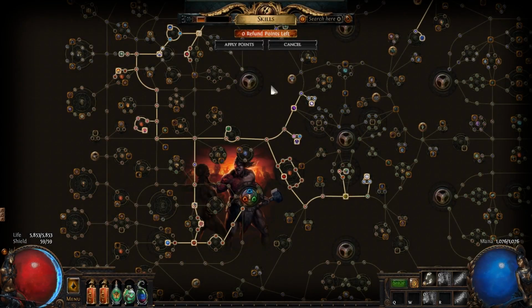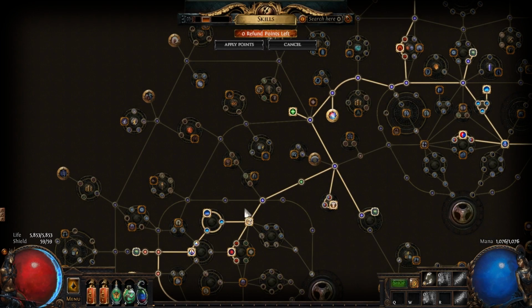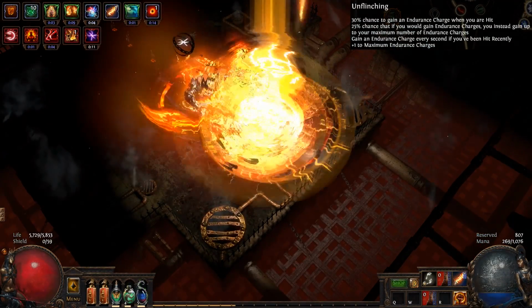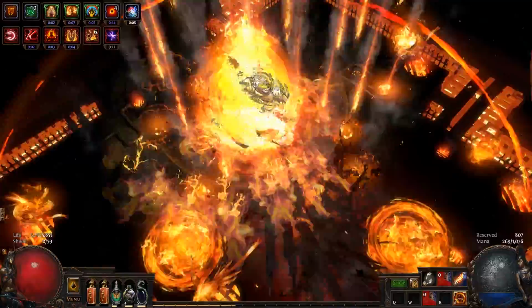Your tree should prioritize life, fire damage, fire resistance, and skill effect duration. You may also need to seek out resistances and dexterity on the passive tree because this build uses a lot of unique items. The Unflinching Ascendancy will generate a heap of endurance charges with all the self-hitting you're doing, and a Cast when Damage Taken Mortal Core setup will consume those to make you immune to physical damage almost